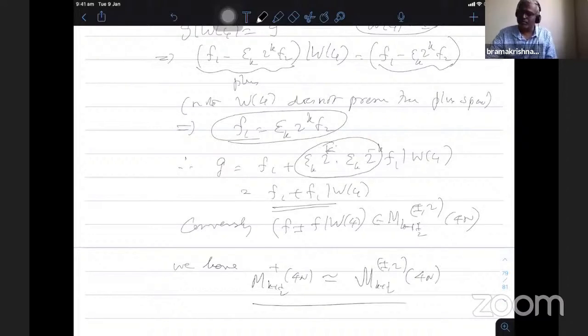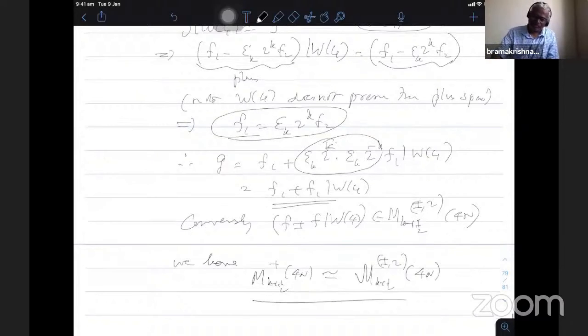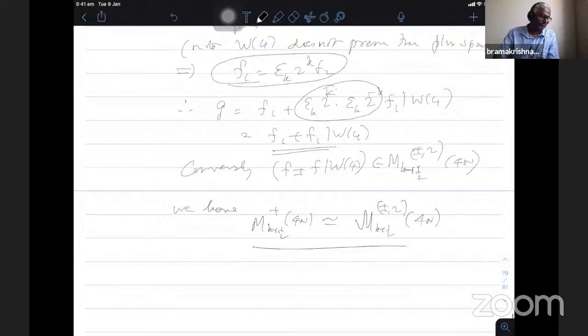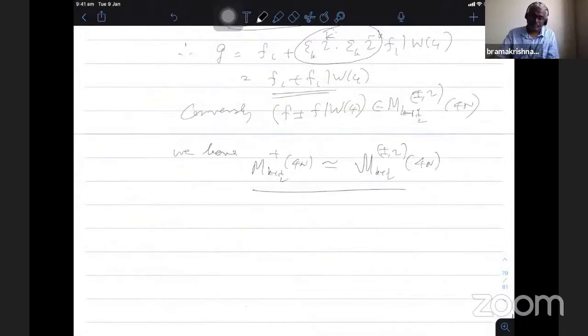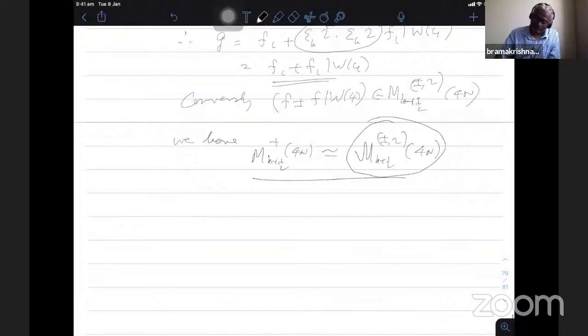Now we go to the proof of the theorem. So I have to show the main theorem, that for T with the special property, T by 2 is minus epsilon_k, the Shimura map takes the plus minus 2 eigenspace to the level N space. So now it remains to show only the mapping property for this particular M plus minus 2, because all other things belong to the kernel. So, proof of theorem.